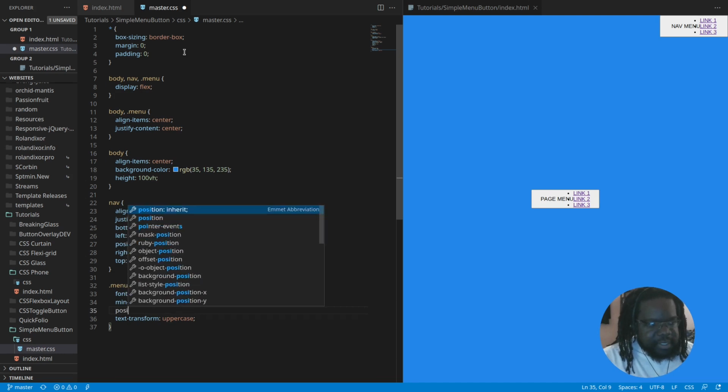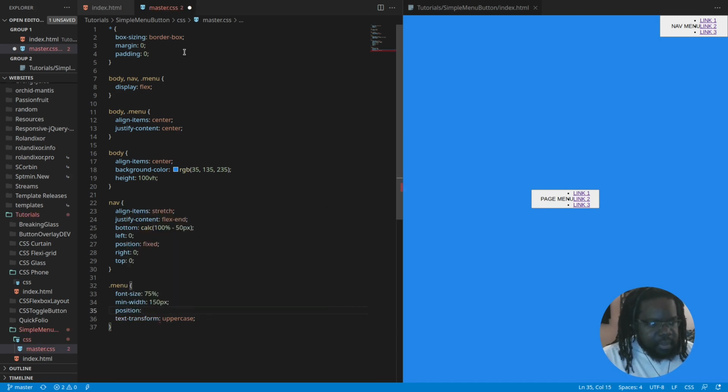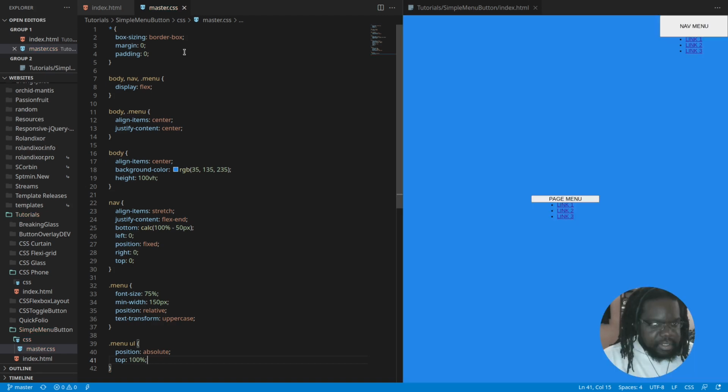I'm going to set position on the menu class to relative. And the unordered list within the menu, we will set position to absolute. Top 100%. Left we are going to set to -1 pixel because of the border. Right we're also going to set to -1 pixel. And we're not going to set bottom this time because that will be taken care of automatically because the height